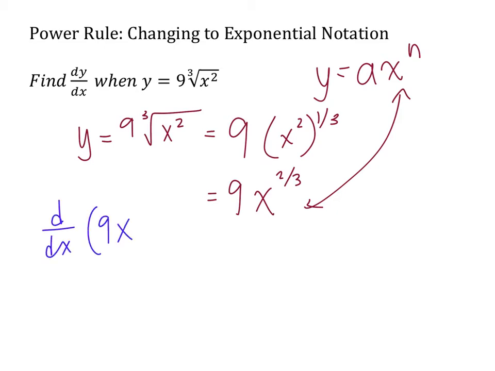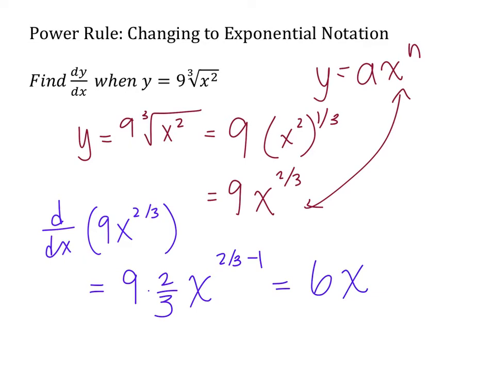9x raised to... I'm going to multiply by 2 over 3 at the beginning, so 9 times 2 over 3, x raised to 2 over 3 minus 1. We're using the same formula we did earlier. 9 times 2 over 3, I know it's going to become 6, so 2/3 of 9 is 6. x raised to 2 over 3 minus 1